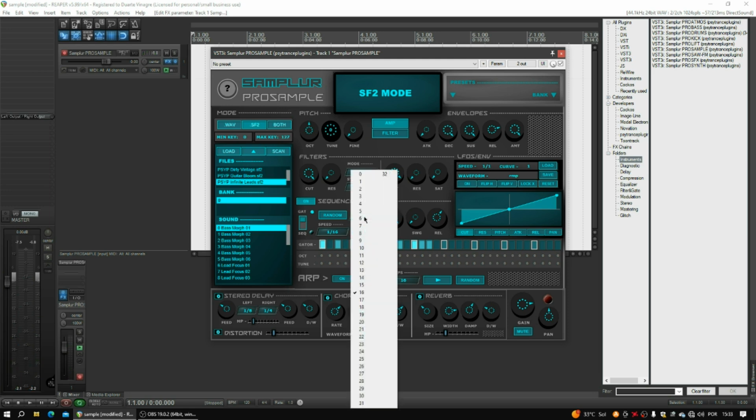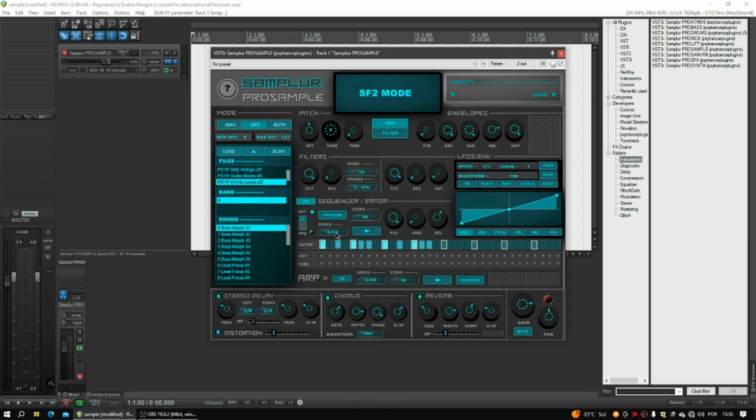You have 32 steps, speed control, pulse, swing, and release. Notice that this release also works with the release LFO or envelope. So you also have a random button. You go to sequencer and you can